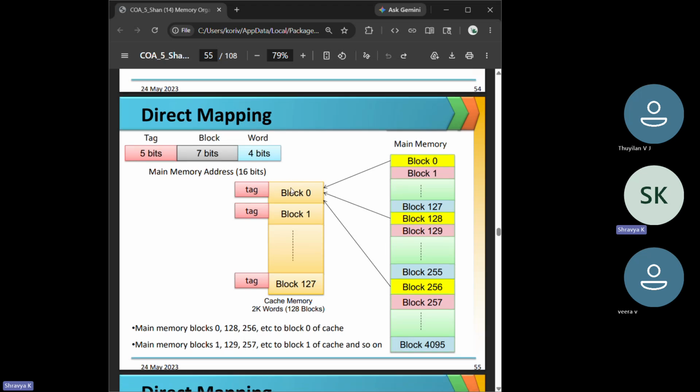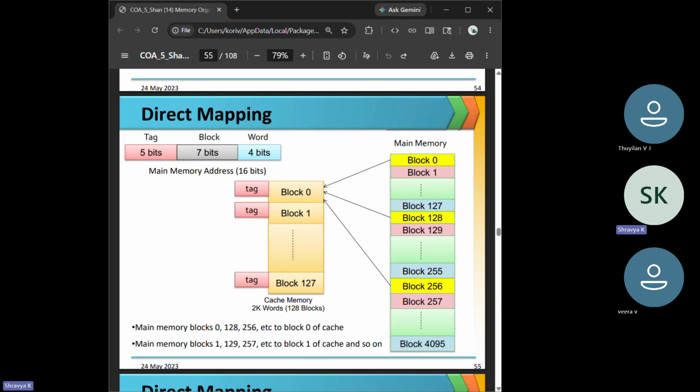The way you will find that is you will first find the word field, and then you will see that the number of cache blocks is 128. So 2 power 7 is 128, and therefore that will be the block field,